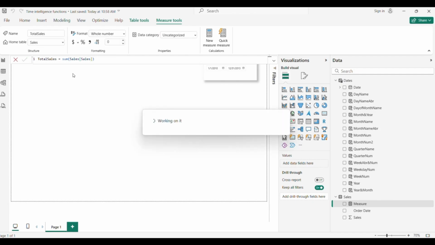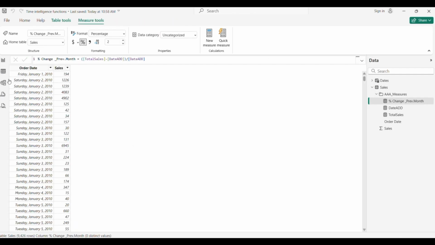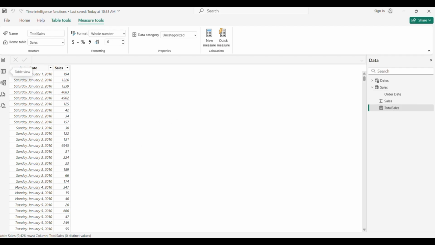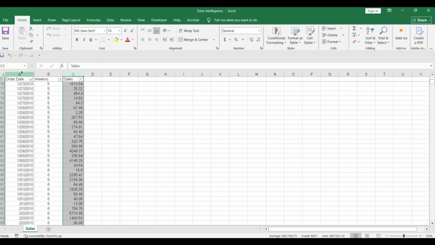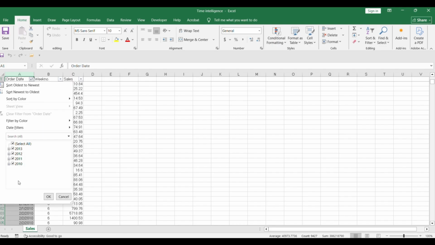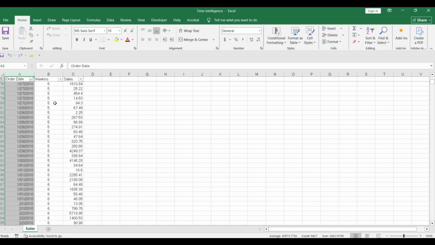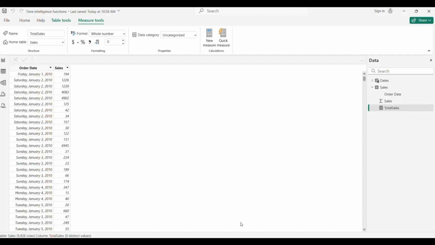So I'm going to quickly show you the source of our data. This is our Excel table. We will focus on sales during this period of about 4 years, and we will apply different time intelligence functions and see what we can get out of this.